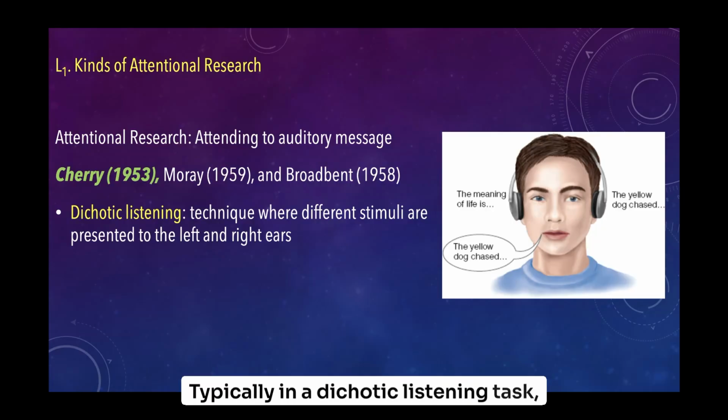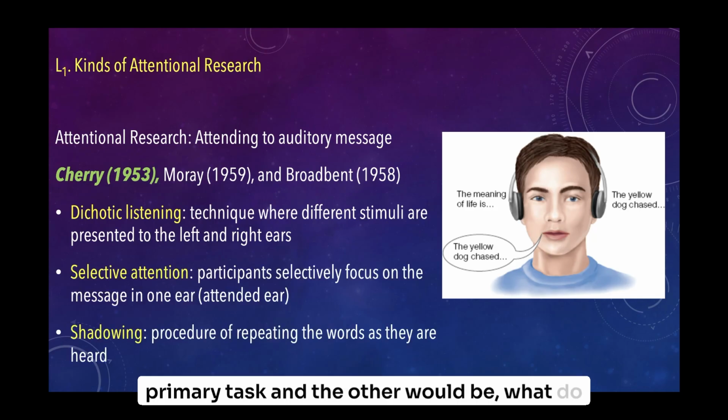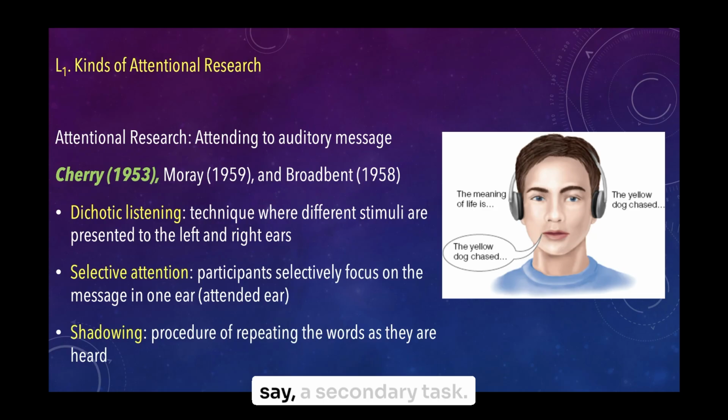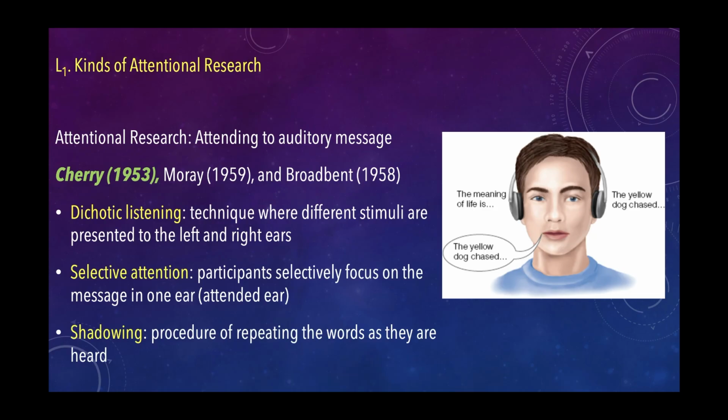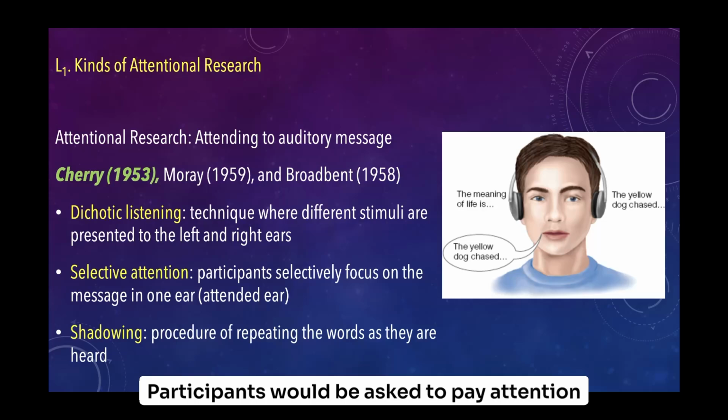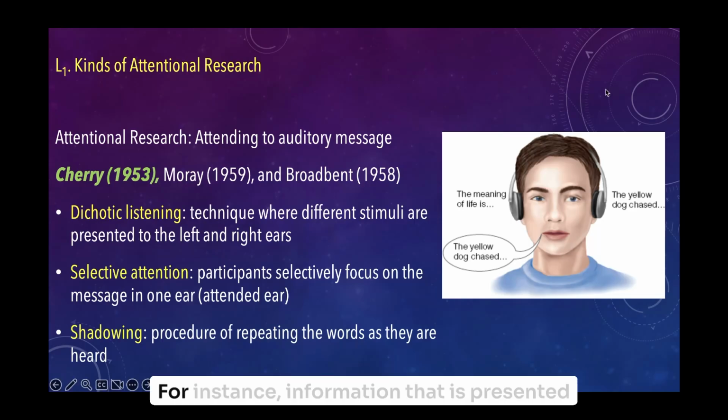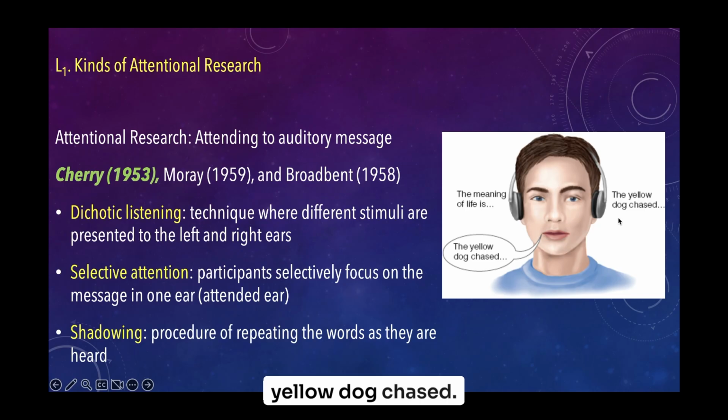Typically, in a dichotic listening task, participants would be asked to do two tasks. Dichotic means two, listening means listening. They'll be listening to two different things. In fact, they'll listen to two different things in two different ears. One would be a primary task, and the other would be a secondary task. Participants would be asked to selectively attend to the information presented in one ear. For instance, the information that is presented to the left ear in this picture is that the yellow dog chased,